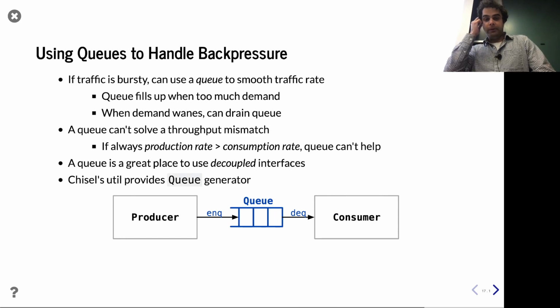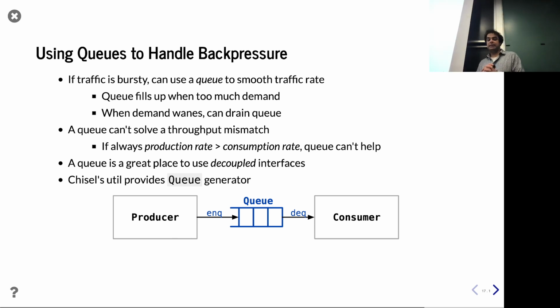Cool. Okay, so now that we have these constructs for ready and valid, what if we want to start using them? The reason why we did this is that actually a really handy thing in the Chisel standard library is a queue. You can imagine ready and valid are great if you add decouple, if you have a single data element. But actually sometimes you have bigger components, and you want to have queues between them, right? So a queue can have multiple elements inside there,